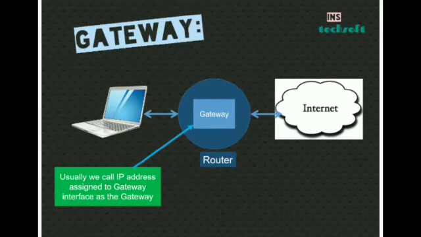So basically a gateway is a piece of hardware, or part of the router. We all know on our computer or laptop different interfaces are available, like Wi-Fi interface, Ethernet interface, etc. And each interface gets assigned an IP address when we connect to the network, right? Since the gateway is an interface, it also has an IP address. So generally we call it the IP address of the interface on the gateway.